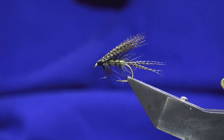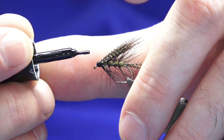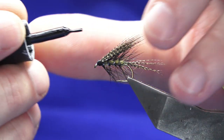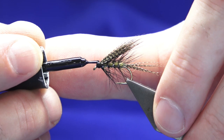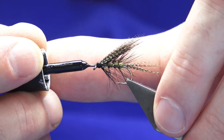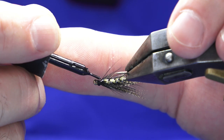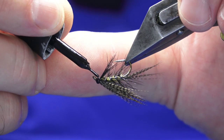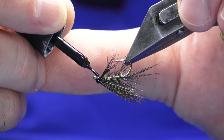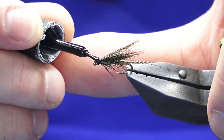So first coat onto the head, we drop a super glue, just using my left hand to support the pressure that I'm putting the glue on. You just want to let the glue seep in to the thread turns, and it will seep in regardless of the wax being on it. It'll work its way through,